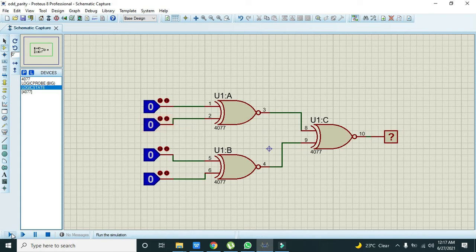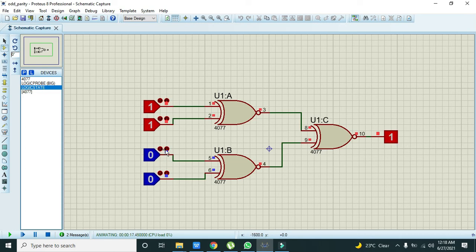Okay, now we will run it and see how it works. In the odd parity generator, when there is an even number of ones, you can see that there are two 1 logics on the input side, so it is an even number, and our output is 1.